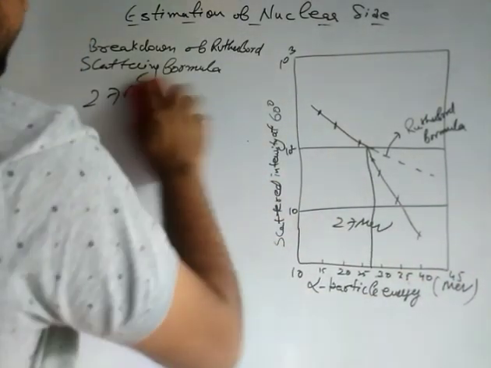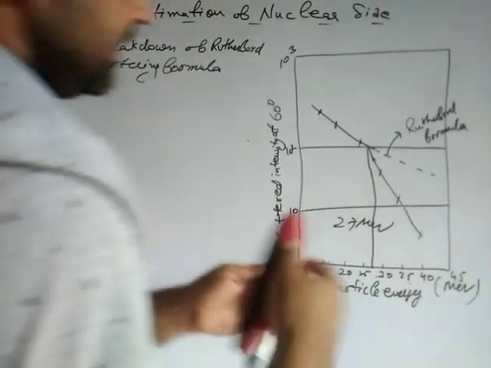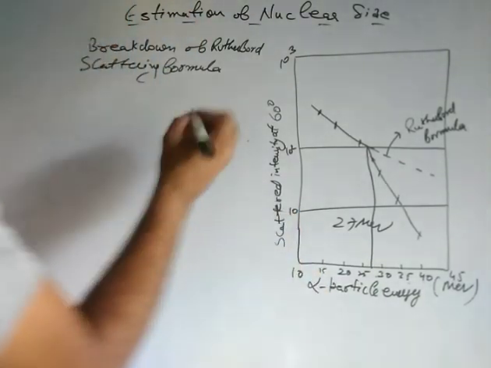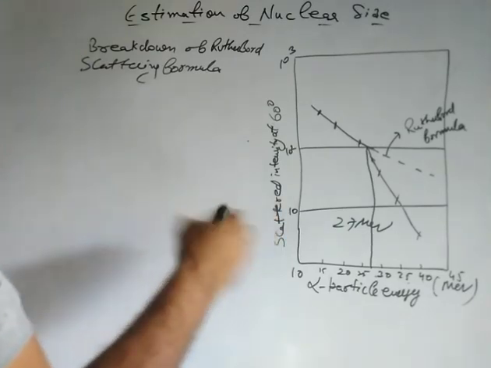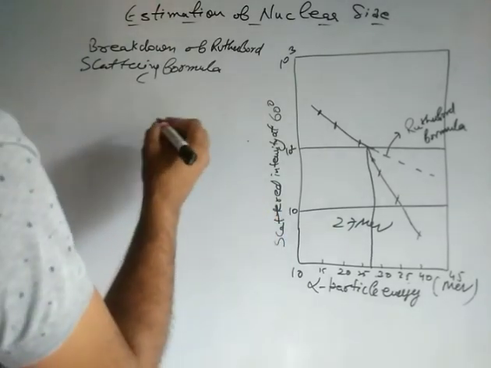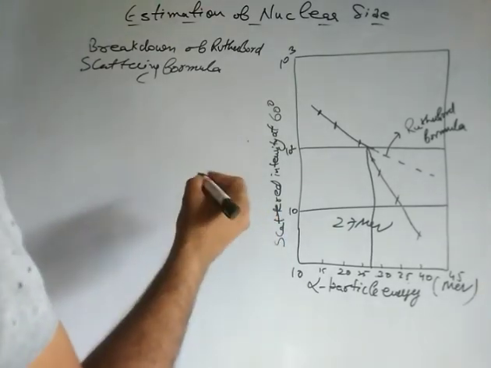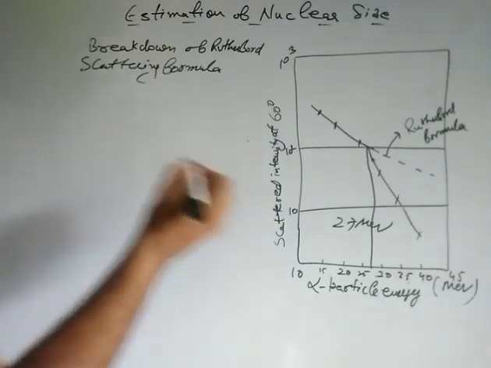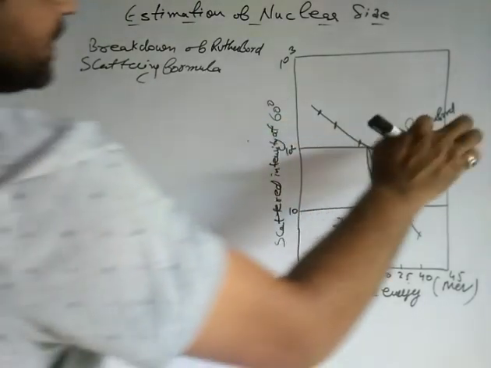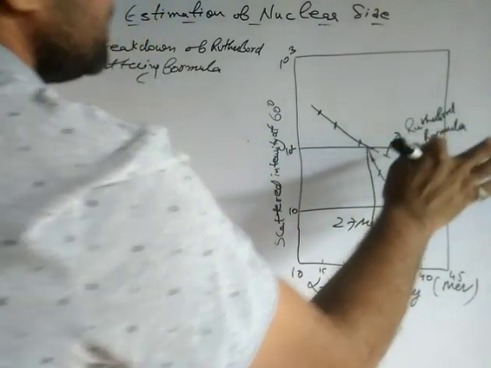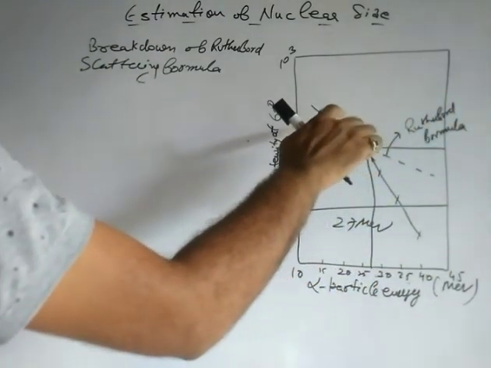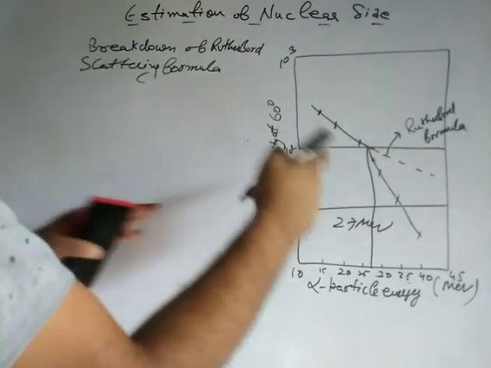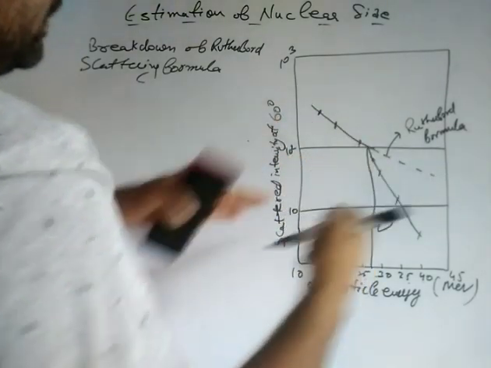Now you are sending the alpha particles with greater and greater energy. This means that at a particular energy the alpha particle will overcome the Coulombic repulsion and will penetrate into the nucleus. In that case your Rutherford formula will not hold, because I have already told you that in the Rutherford formula only Coulomb interaction has been taken into account. It does not take into account nuclear interaction.